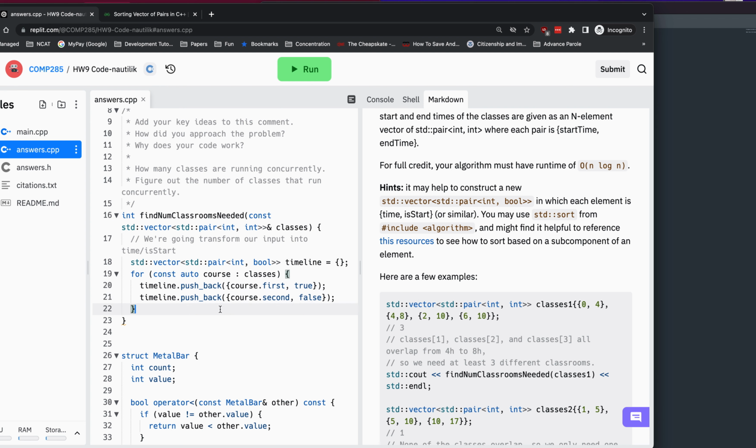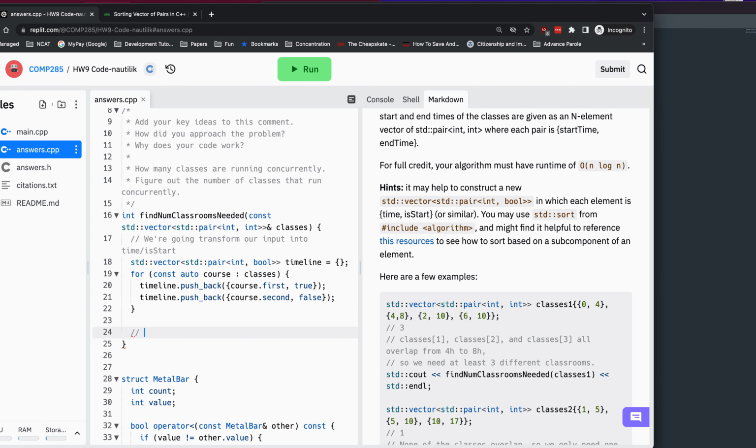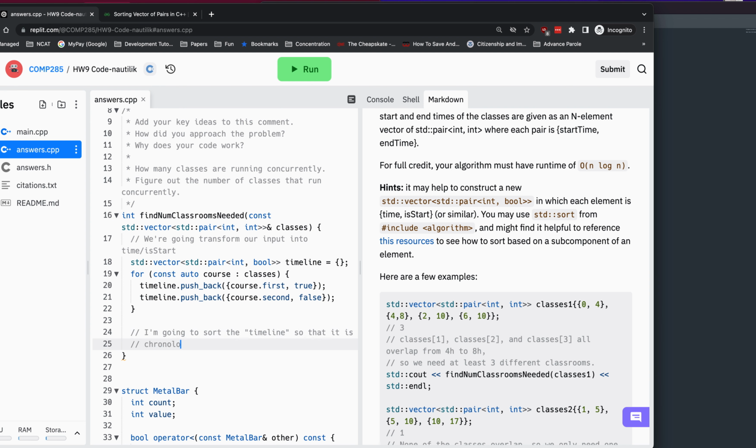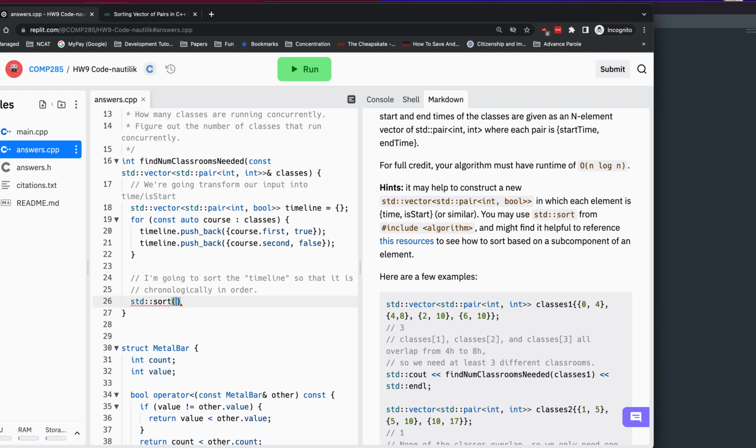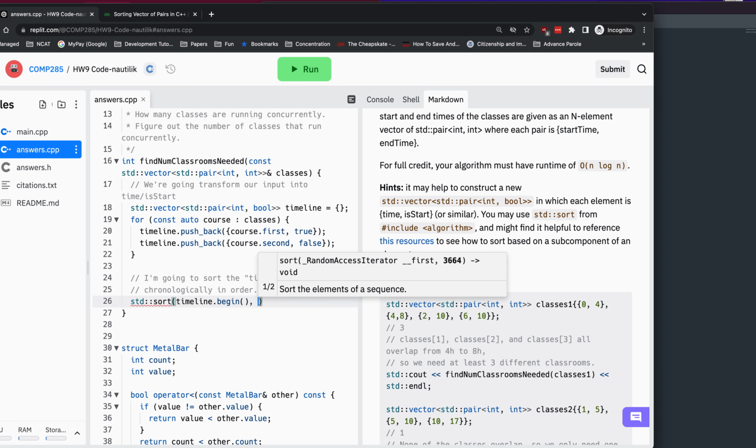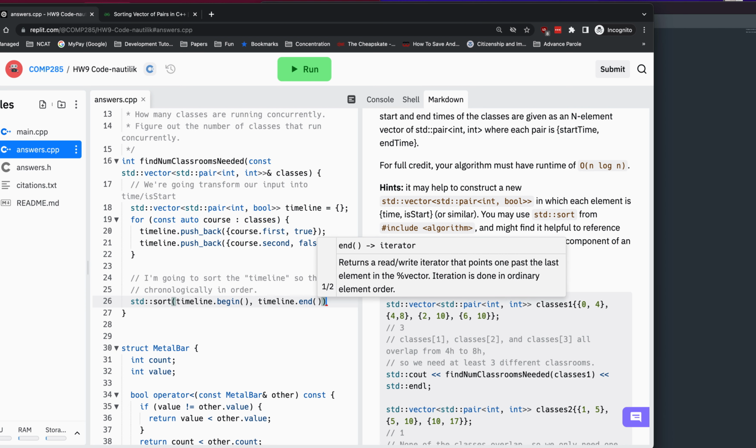And the reason I want to do this will become obvious in a second, which is that now I am going to sort the timeline so that it is chronologically in order. Right? So we can actually use standard sort here, and we can pass it timeline.begin and timeline.end